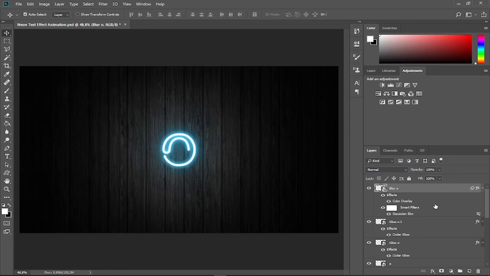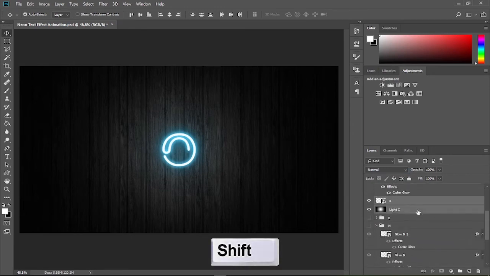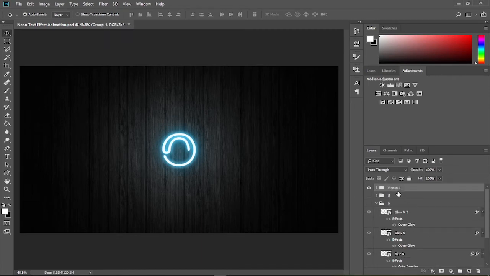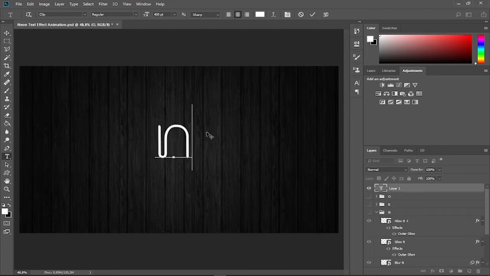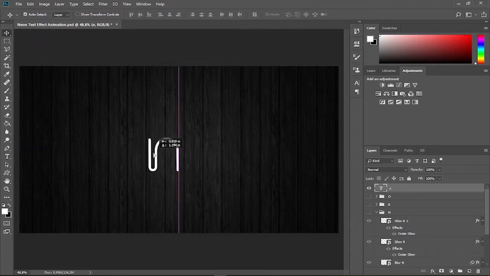Then select the Blur O, press and hold the Shift key while selecting the like O. Release the Shift button and click the folder icon to group them all. Change the group name to O. Alright, hide this group and let's work on the last letter. Activate the text tool, type the last letter onto the canvas and click this check mark. Activate the move tool and make sure you drag the letter exactly onto the center of the canvas,